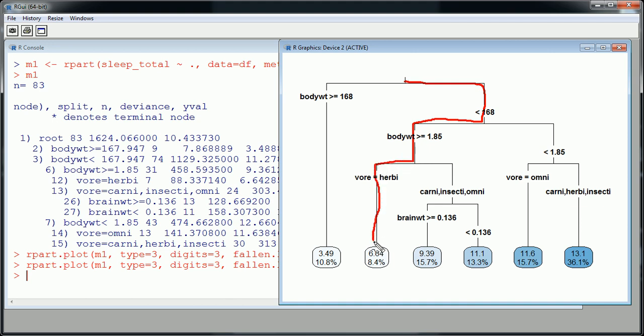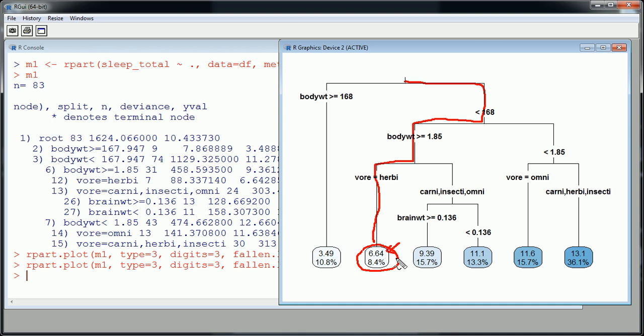Okay, in a sense, this path that we just took here was we made 3 slices of the data, or subgroups of the data, and we finally got to a subgroup down here. And that subgroup, if we were to average the sleep total variable for that subgroup that satisfied all these decisions that we made, it would be